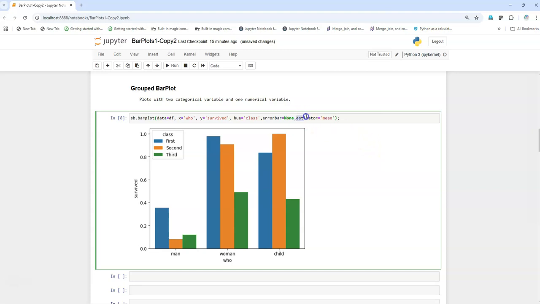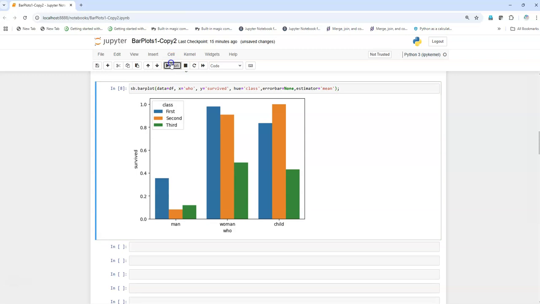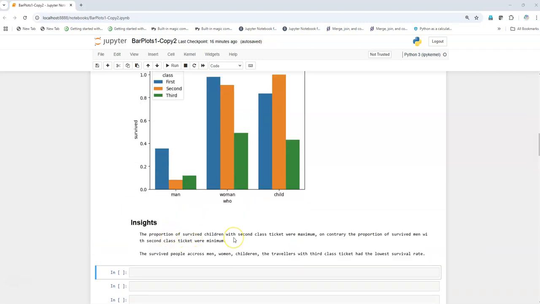There is one more parameter which we saw in the previous video, estimator, and the default is mean, so we keep it as mean. So let's draw some insights from this particular group bar plot. Let's re-execute it. So the first insight that we, the proportion of children with